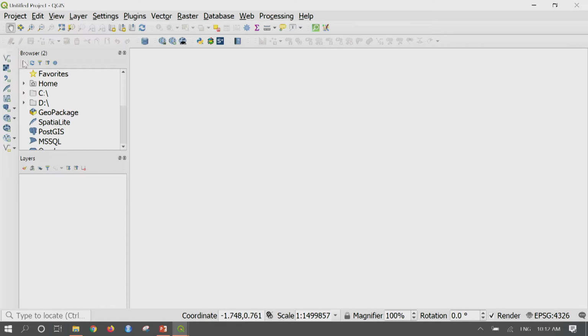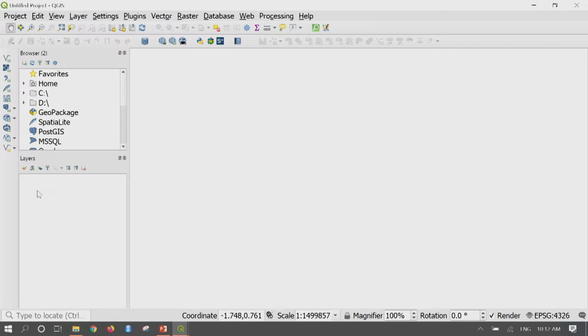Now, the third important component in QGIS would be the panels. On the left, you can see two panels here. The one is the browser panel on the top and the second one is the layer panel at the bottom. The browser panel leads you to your own PC disk wherein you can browse to various folders and various files. And the layer panel manages the layers in the QGIS display section,